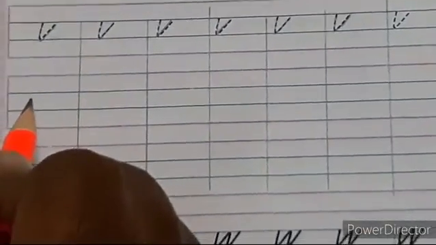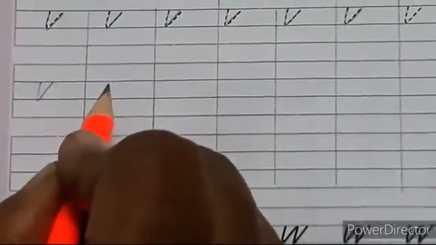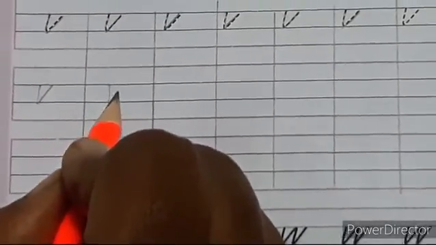Look at me how I am writing. See, start from this second line and it touches the third line. These two small lines you have to use. You should not go to the first line and the fourth line. So again look at me, children. Start from here. See, somewhat straight and it must bend like this. Somewhat straight and it must bend.